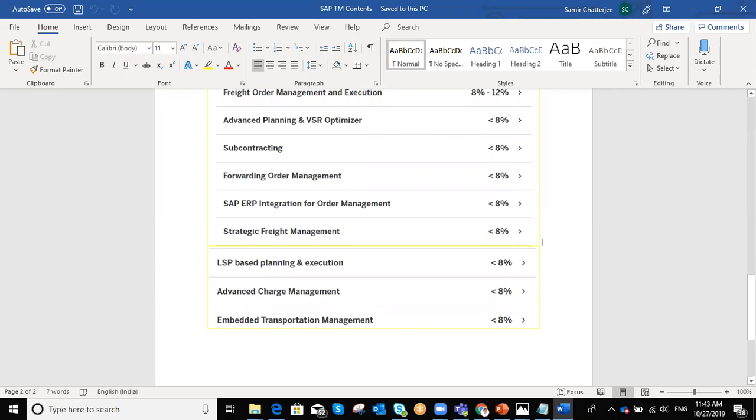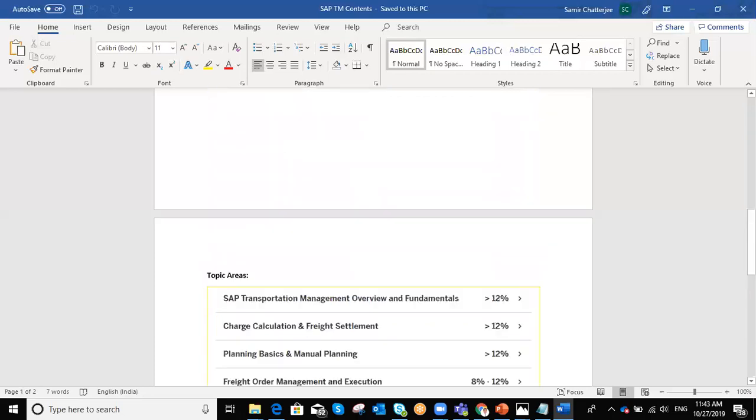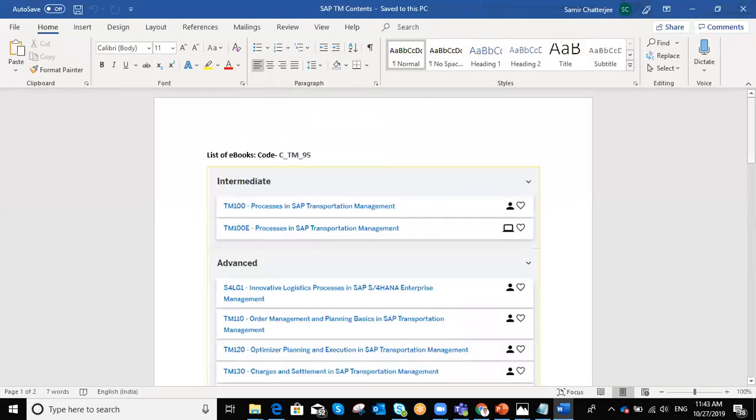With SAP S4 HANA 1809, or nowadays many companies are building up capabilities for 1909 as a SAP partnership approach. So these are the specific topics to discuss for the certification exam. Now the books, the list of ebooks for the certification code